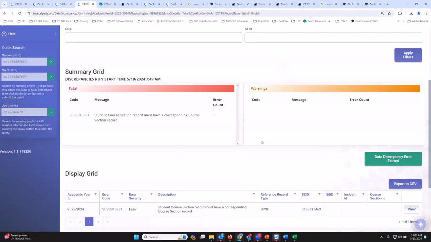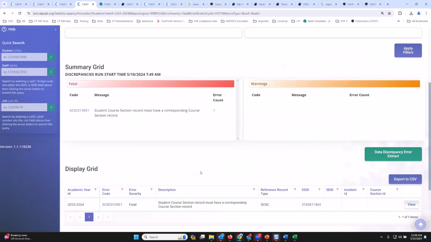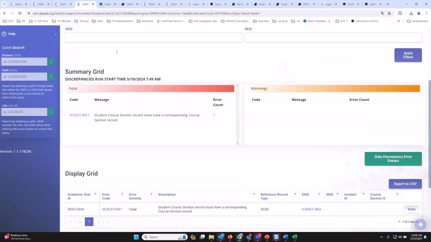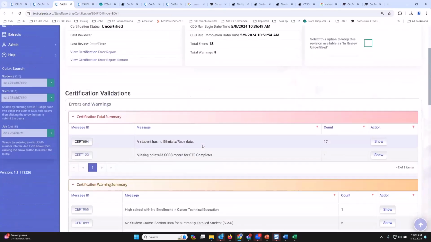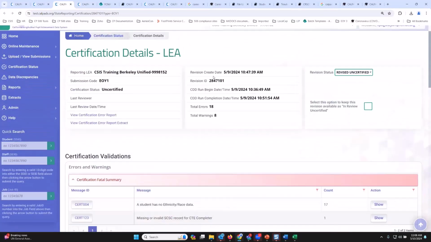So if you've made corrections here, and the data discrepancy section already has zero errors, but your snapshot does not reflect that, then chances are you need a new snapshot. There's a delay in the snapshots, right?